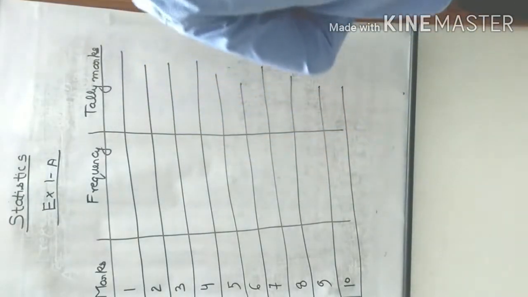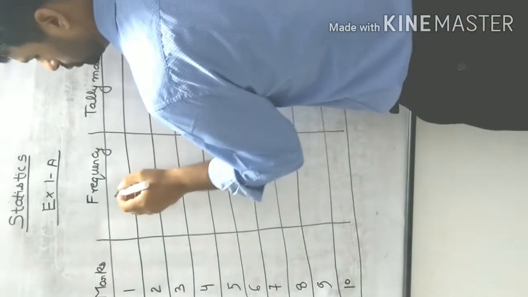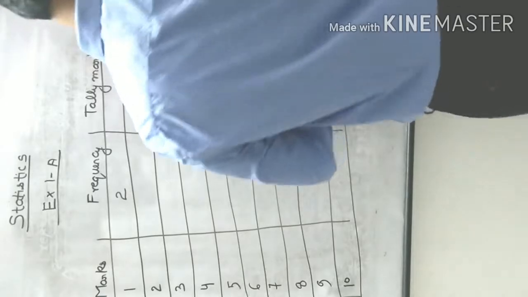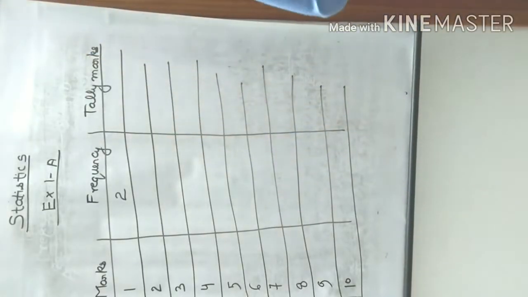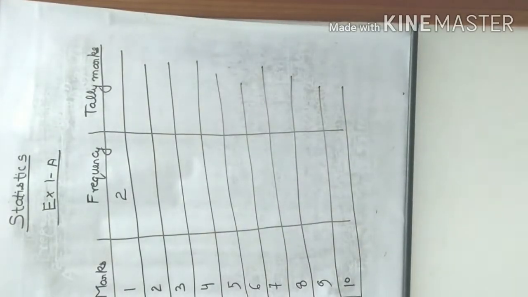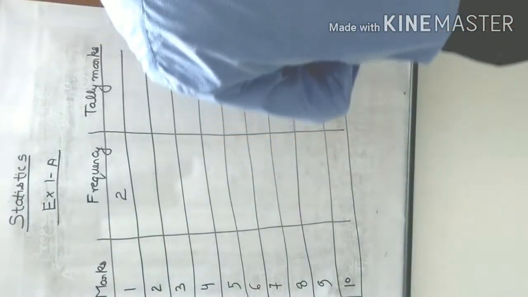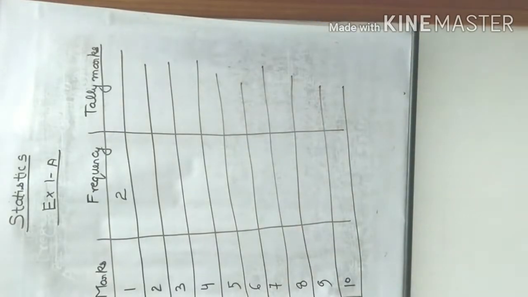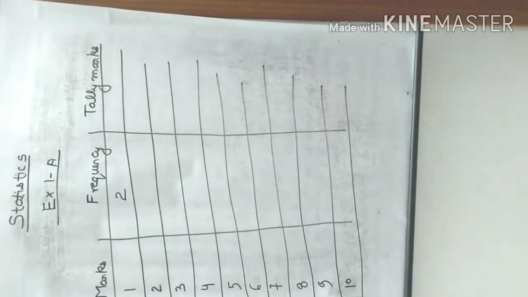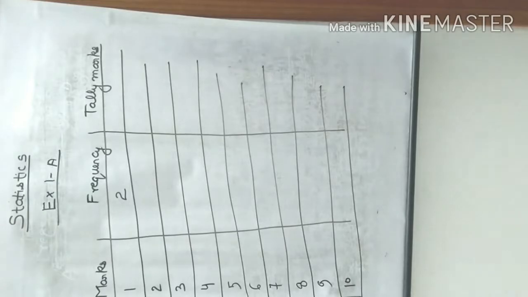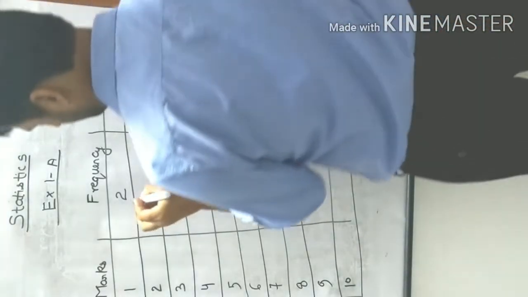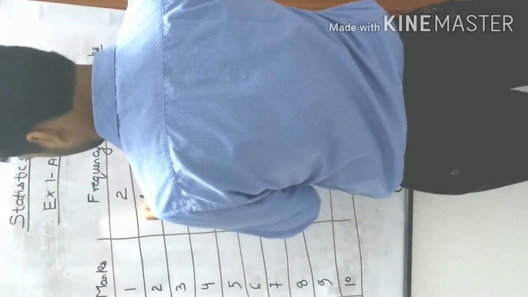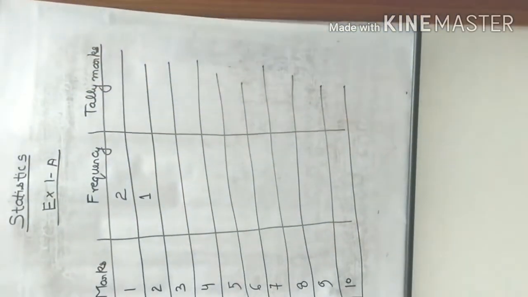Now let us see from the book itself how many times 1 is coming. We can see that 1 is coming 2 times. So the frequency is 2. Let's write it like this. And here we need to be very confident because things can be like 1 is coming once and then twice. Now, 2 is coming how many times? 2 is coming only one time. Now this frequency is important. This is your observation. If anything is wrong, then marks will be cut.